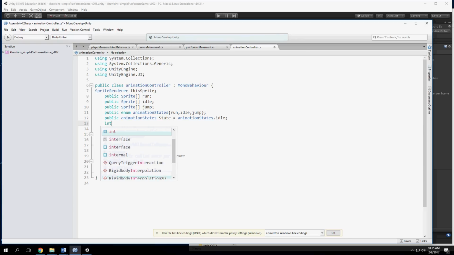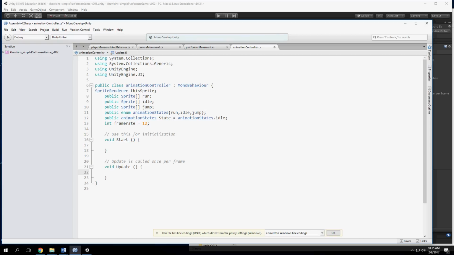We also need an int for our frame rate. We're going to set that to 12. And we'll go from there. No, we don't have to do that. But we can. And you're probably like, why is he talking to himself? So what we're going to do is we're going to play animations,